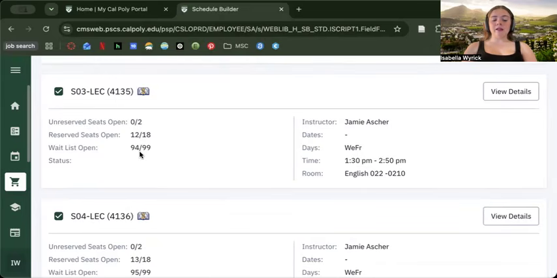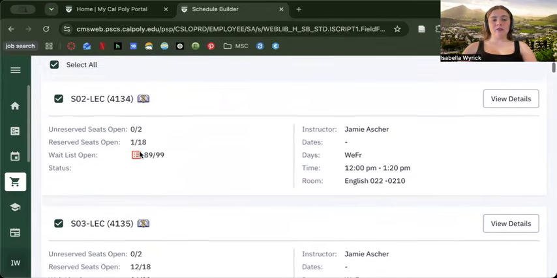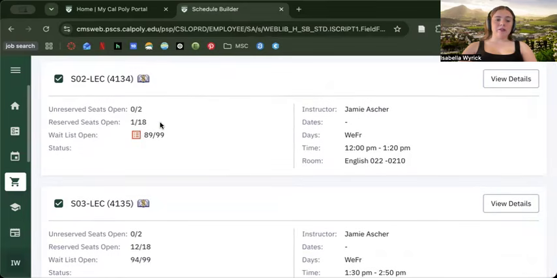And then if a class is full, you may have the option to join a wait list. Joining a wait list doesn't guarantee that you'll get a seat, but it does give you the opportunity to be considered if a space does become available. If you decide to join a wait list, you'll continue through the enrollment process just like you would for any other class. We can go through these and see, like, this one has got a wait list open, but only